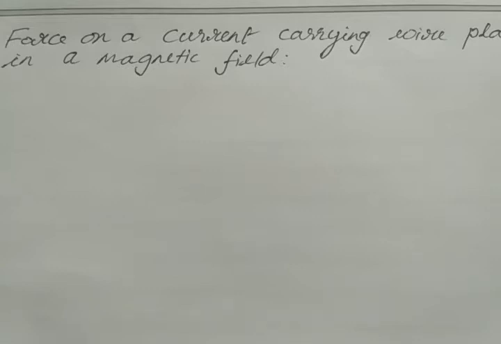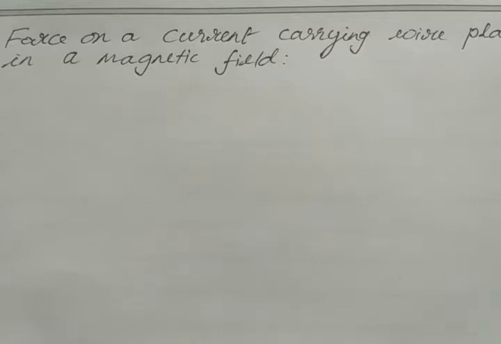The superposition of two paths, which means addition of two paths, that is straight path as well as circular path. So addition of these two paths will lead to helical path. So when a charged particle moves with an angle theta in a magnetic field, then it will follow helical path,